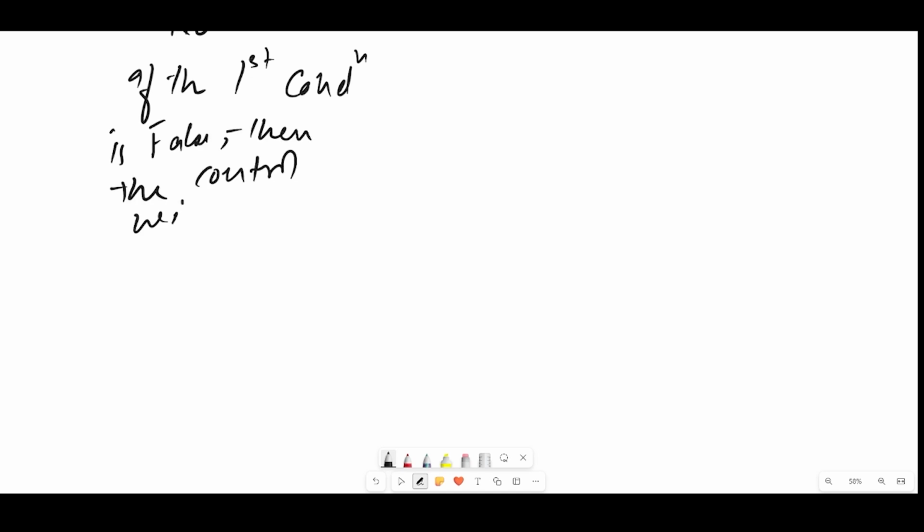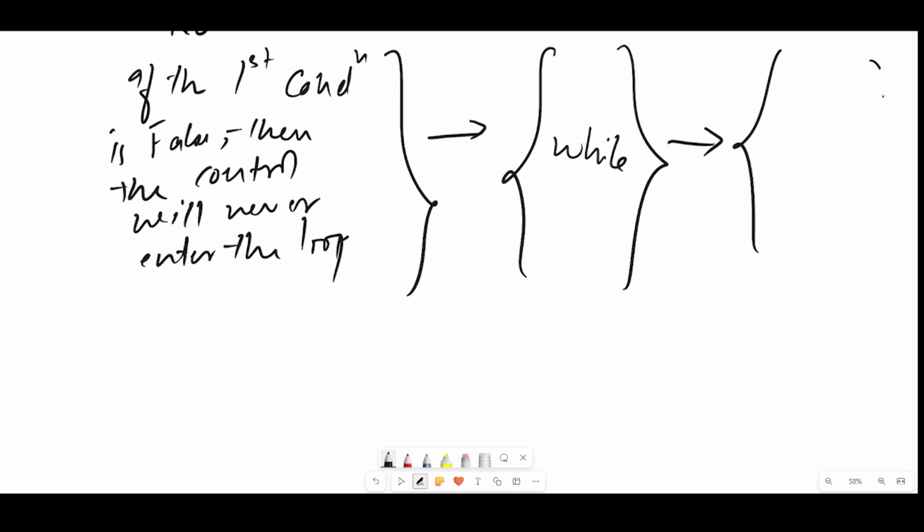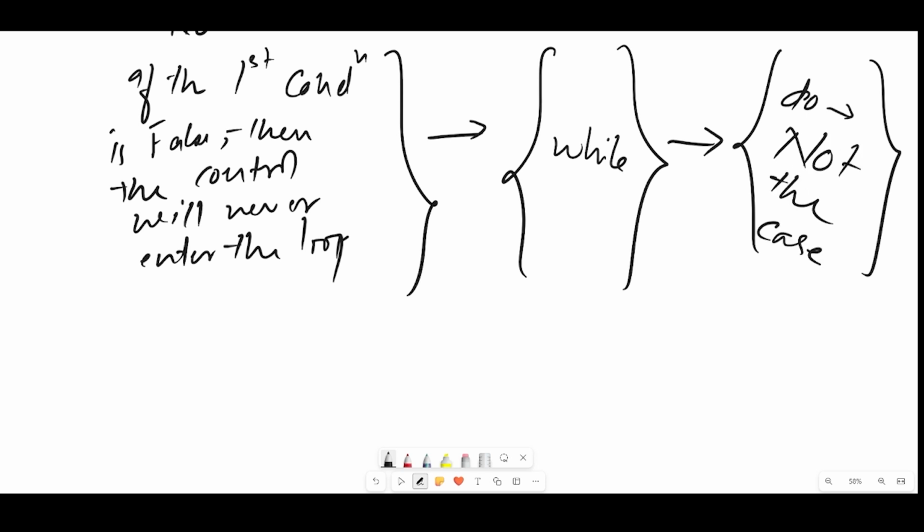Next, if you consider the for and while loops, if the first condition is false, then the control will never enter the loop. This is the same for the while loop as well. But for the do while loop, if the first condition is wrong, since it executes the first time, it is not the case. It will run. Even if the first condition is wrong, it will still go inside the body, because since it's a do while loop, the do always runs the first time, even if we don't check the condition for that.